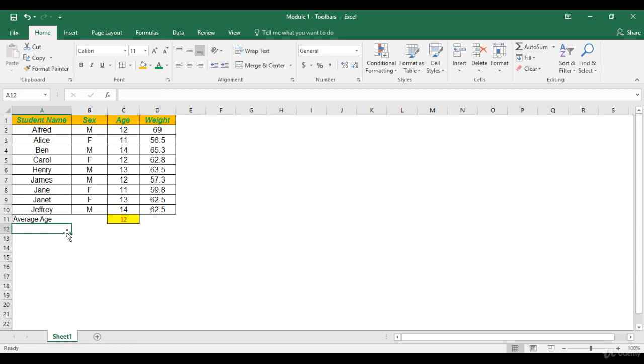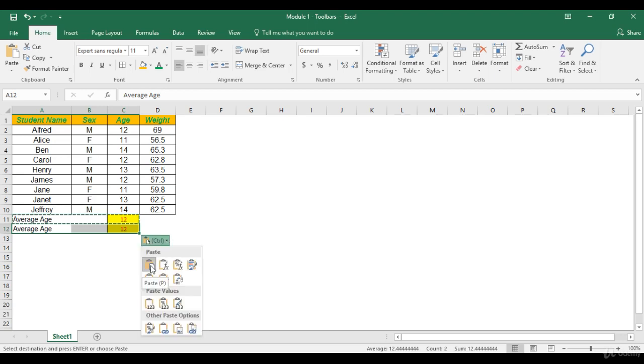Now, in order to understand how a copy and paste works, supposedly now I want to move this data from row 11 to row 12, but at the same time, I don't want to remove it from row 11 as well. So I go to row 11, I select the cells and then I go to copy. I go to row 12 and I click on paste. Now, as soon as you do this, you will get a smart tag. And this only comes when you are doing a copy and paste option. When you click on it, it gives you different options.